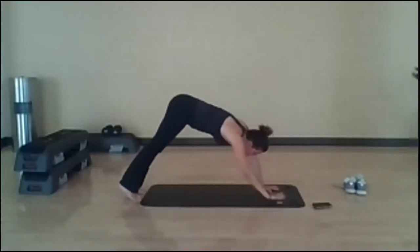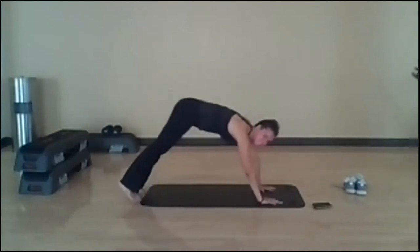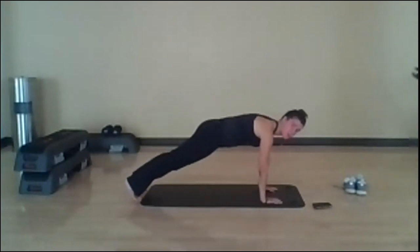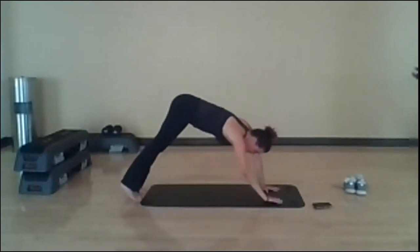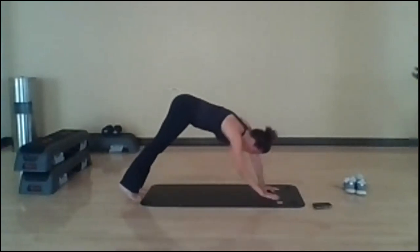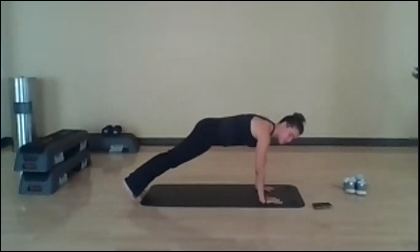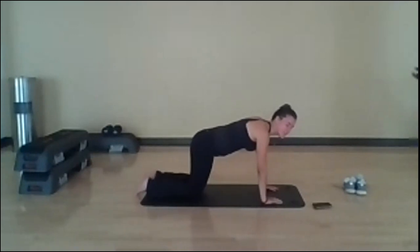I'm slipping from my sweat a little bit. Just keep breathing. Taking 4 more here for 4, 3, 2, and 1 more, coming all the way back down, and then lowering your knees,